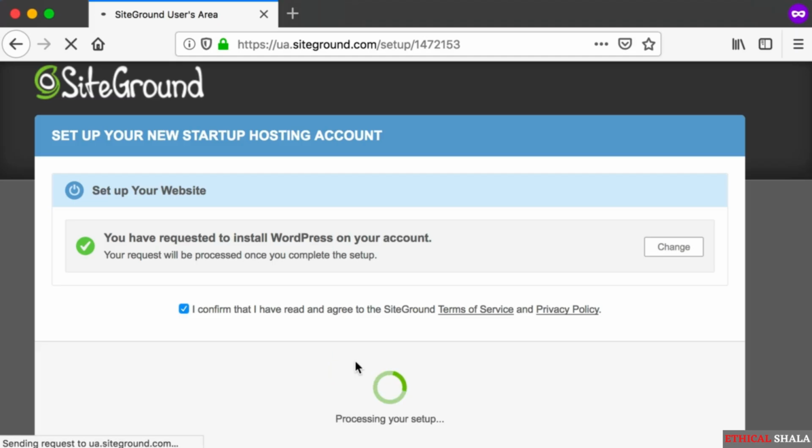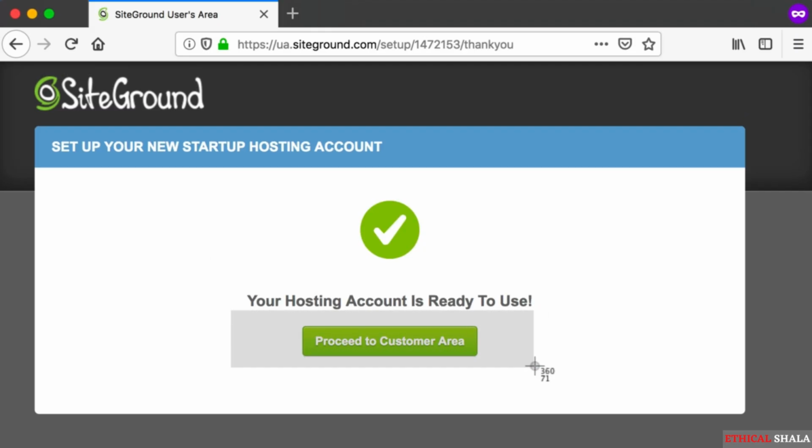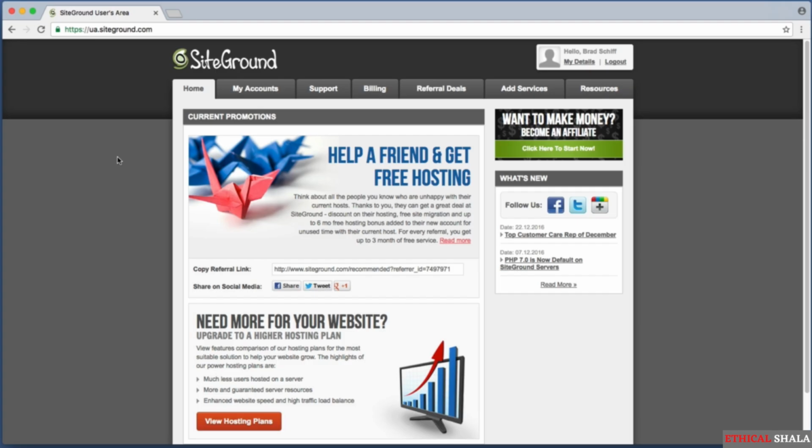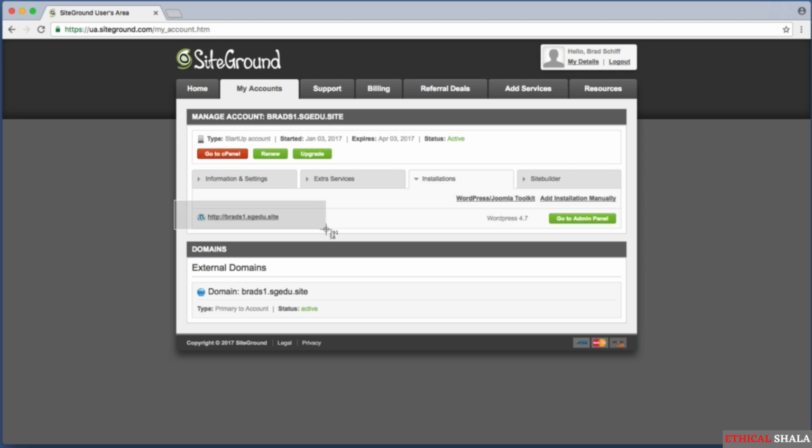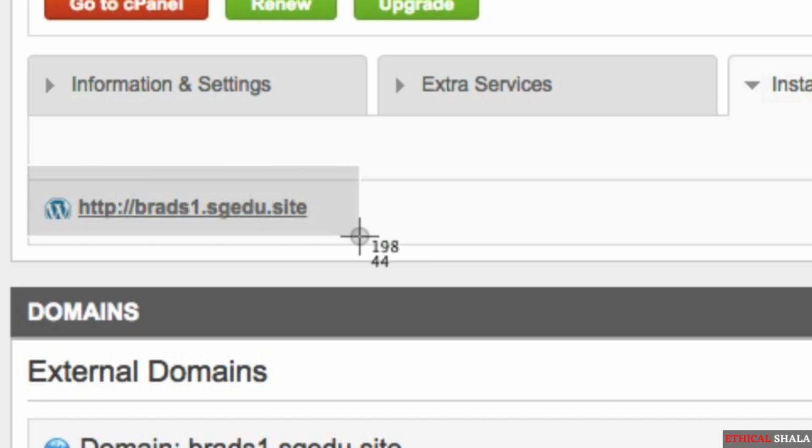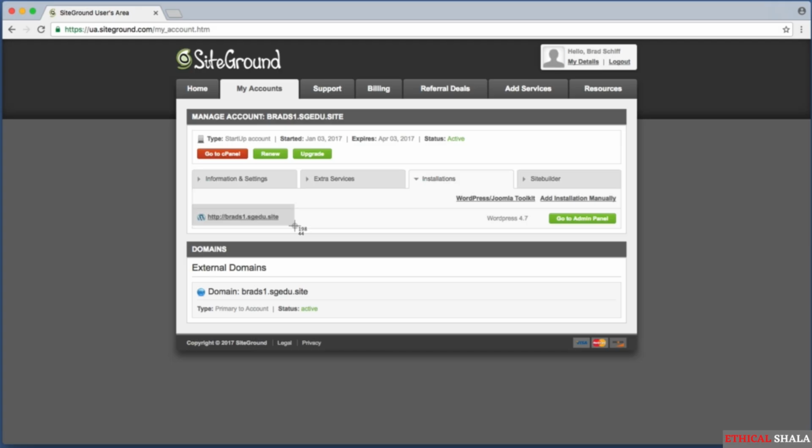Now, it might take 5 seconds or 5 minutes, but once this screen appears, then go ahead and click on Proceed to Customer Area. All right, now this is our SiteGround dashboard, but we are interested in our WordPress admin dashboard. So up towards the top here, click on My Accounts. And then right here, I see the website that I just set up about a minute ago. You will have a different URL right here. Probably your first name and then the first letter of your last name. So go ahead and click on